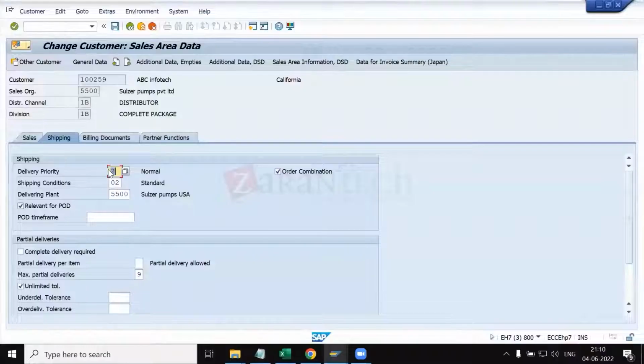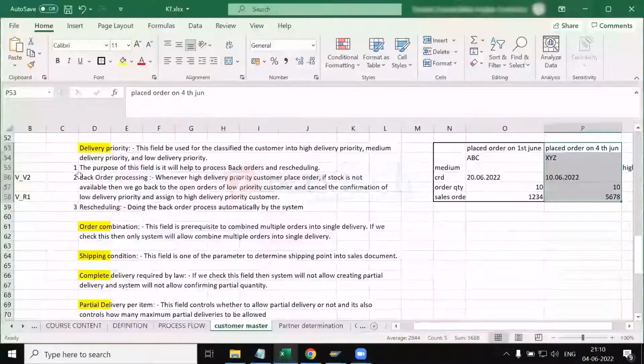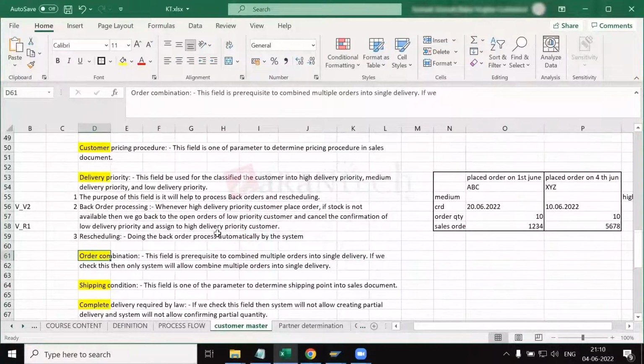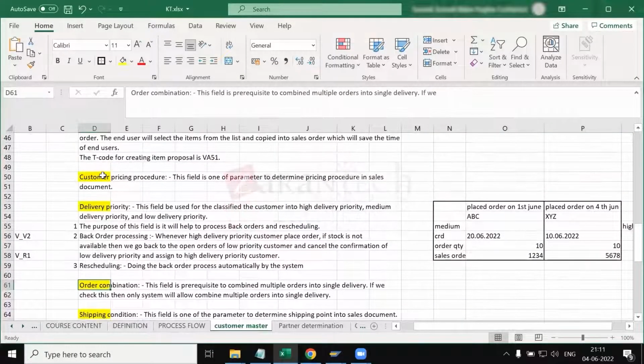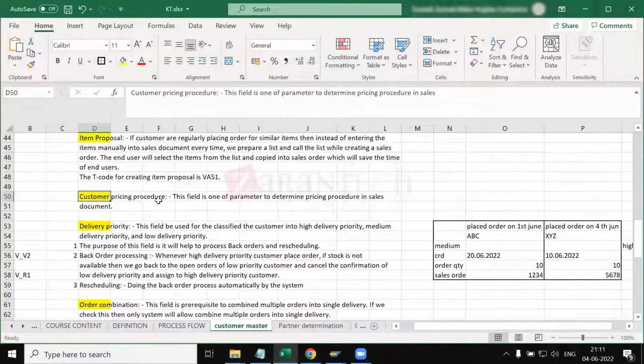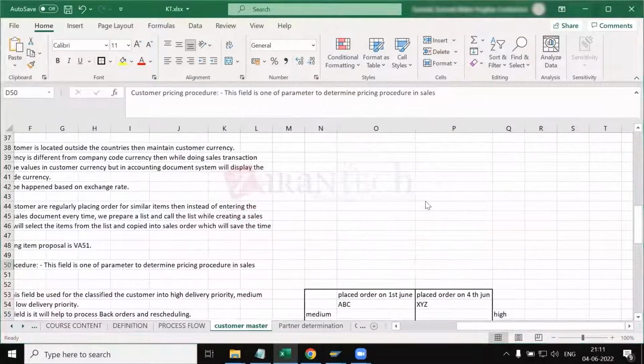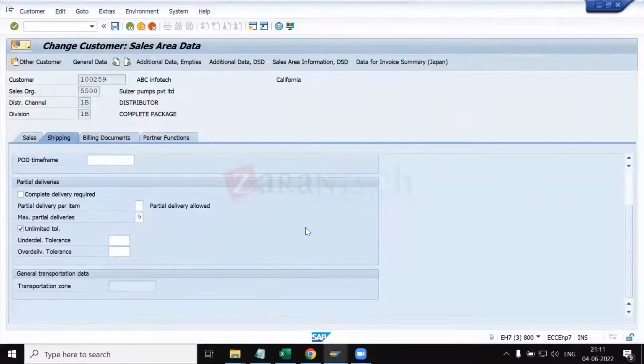So delivery priority is one of the important fields. Please remember it. Then comes the order combination check. Then the pricing procedure. Why is the pricing procedure an important field? Because if we don't maintain the price, that's okay right now, but as far as the customer is concerned, is it mandatory to place an order? Yes, it is important because